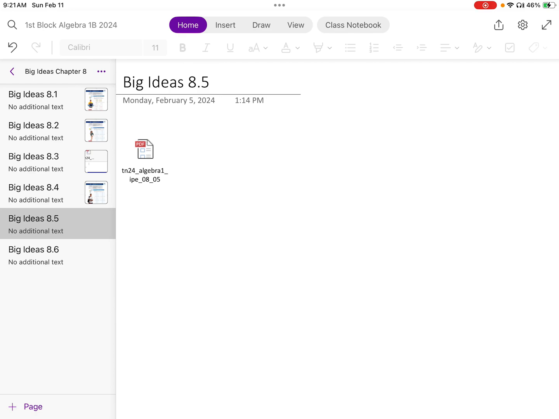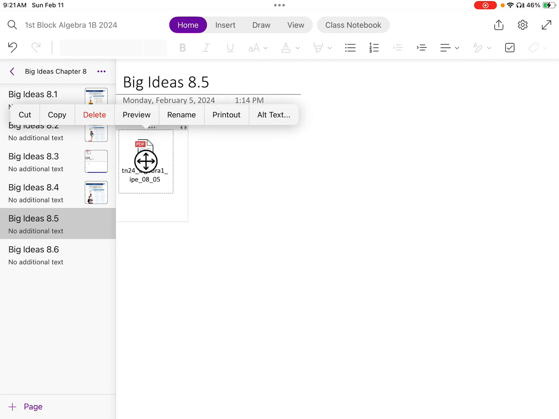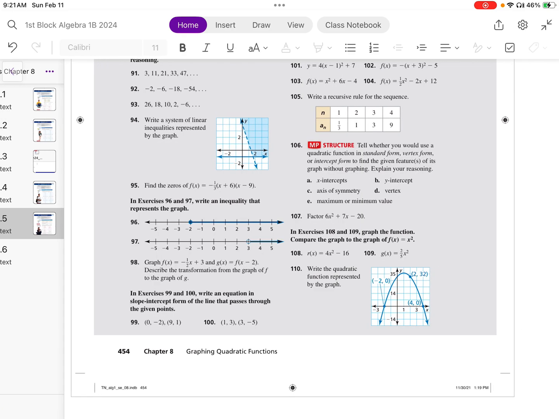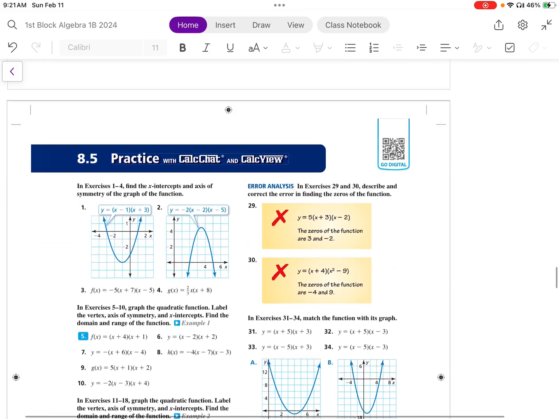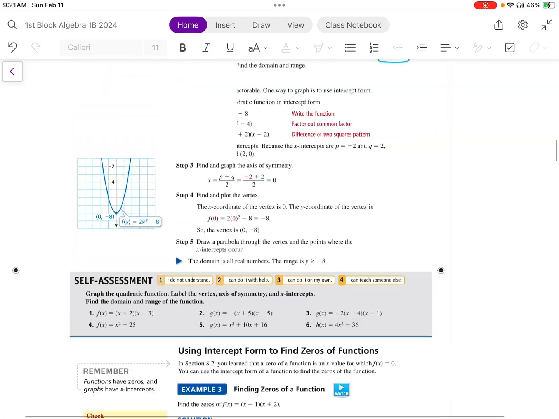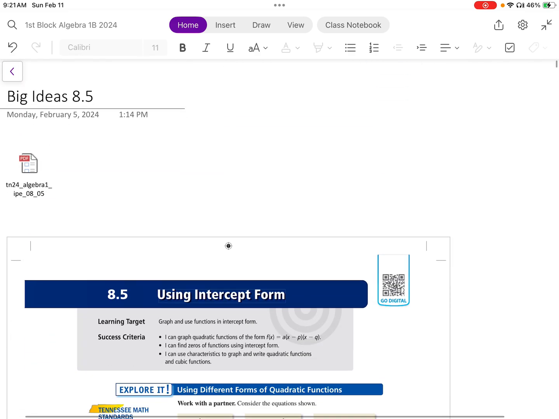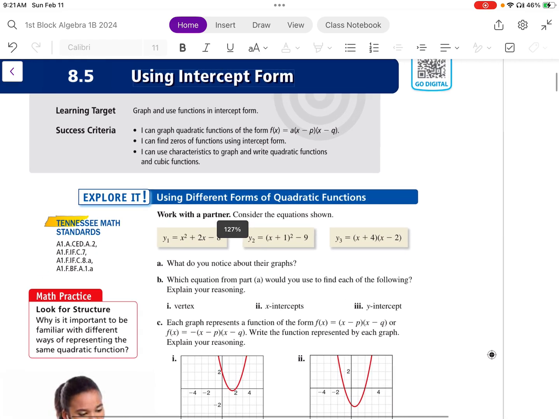We're on Big Ideas lesson 8.5. So in OneNote, 8.5, tap print out, and then you'll get your page that you can look at, your book pages. Mine went to the bottom for some reason. May have been where I had it open last. So we're going to go up to the top, 8.5,